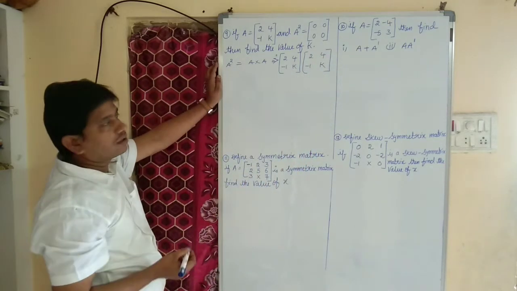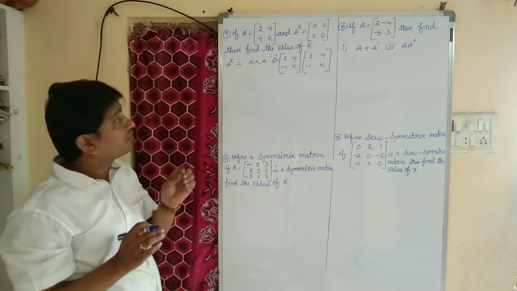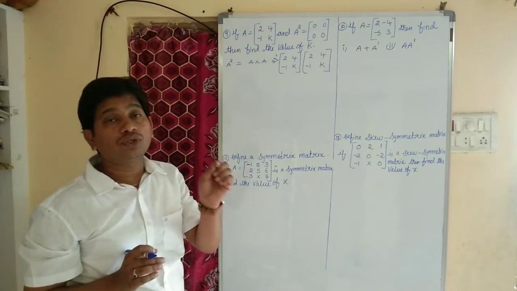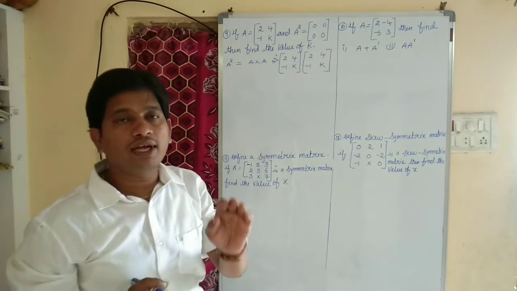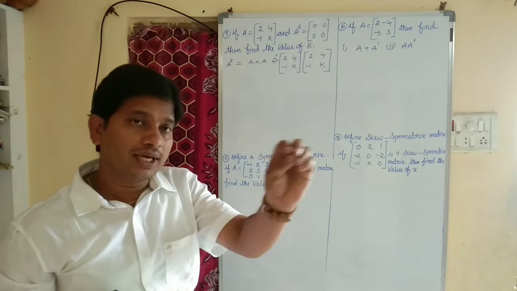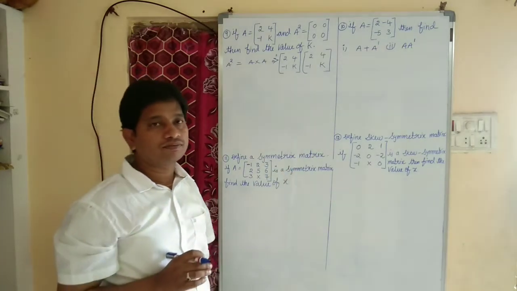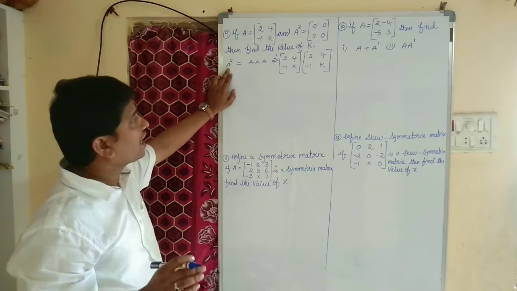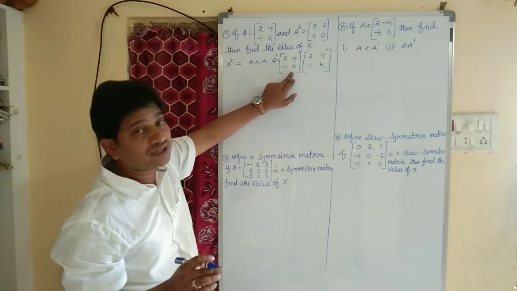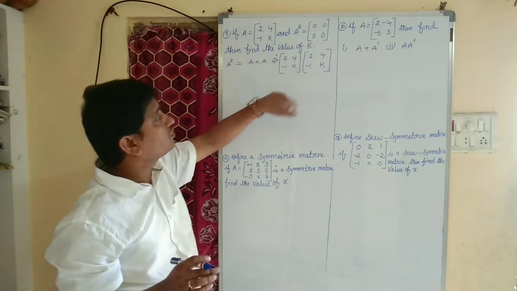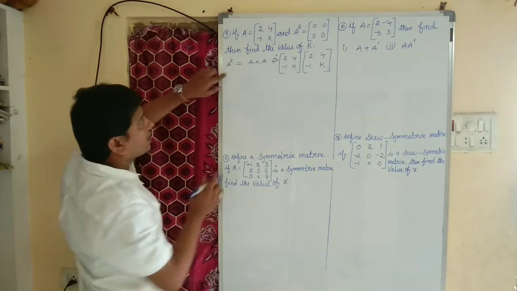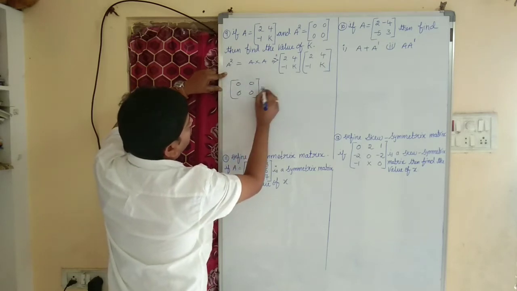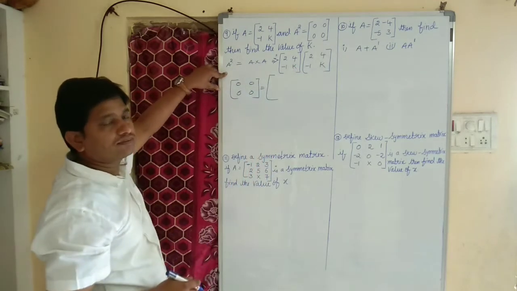Right? Children, try to understand the question. A is given and A square is given as 0, 0, 0, 0. I mean, if each and every element of a given matrix is 0, then that matrix is said to be a 0 matrix. Right? A square is nothing but A into A. As given, A value is [2, 4; -1, k] into A value [2, 4; -1, k]. Okay? So A square is 0, 0, 0, 0 equal to, let us multiply these two matrices.